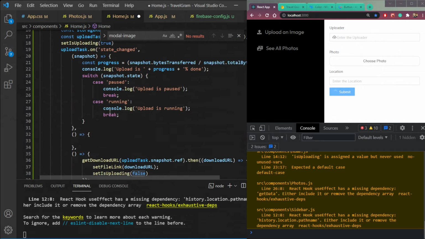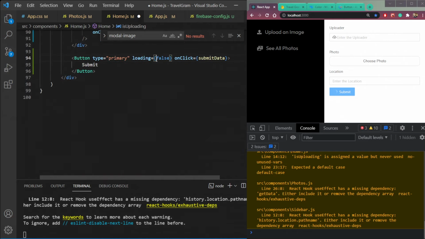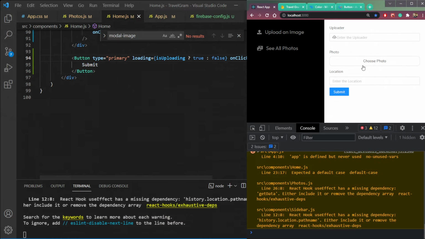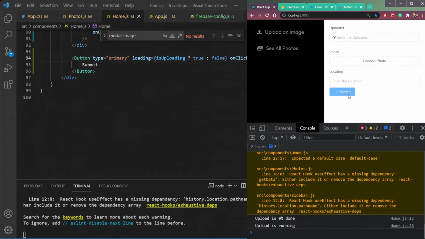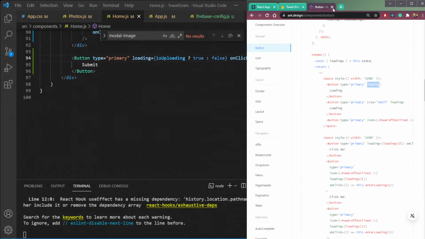So let's copy that set is uploading, and if it is loading, it will be true, or else it will be false. So save it. So select one photo, some big photo, and see it's loading, and when it's done, it will stop loading. See, it's done now.